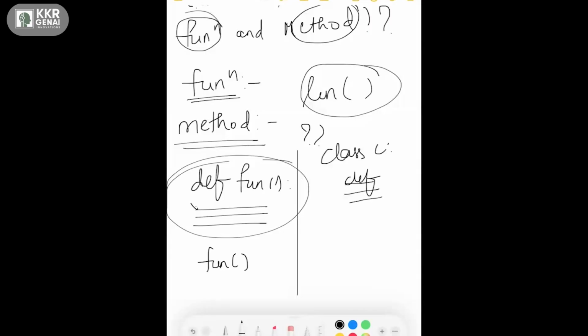Let's say I have one method which is fun. How can I call that? I can call that method after creating an object for this class. So let's say I have created an object, C underscore object, for my class, and only then can I access that method.